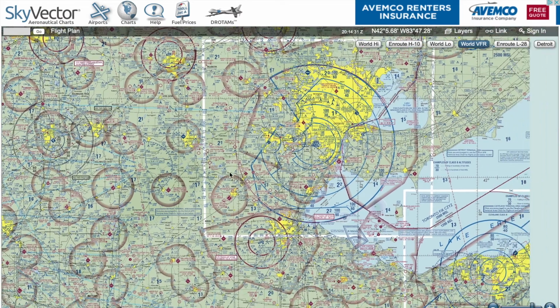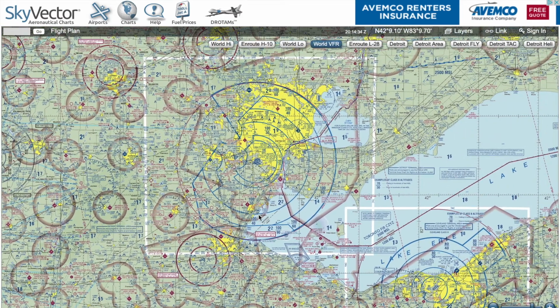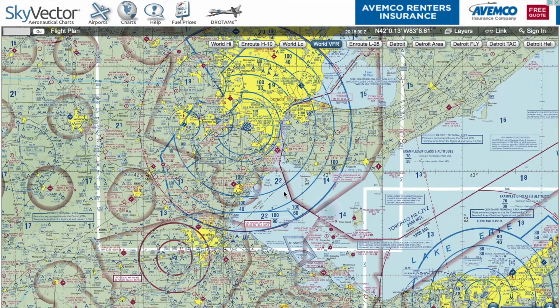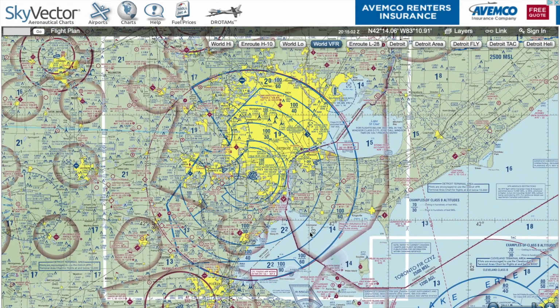So let me scroll down here just a little bit. We're going to run through the airspace real quick, going through the letters again. So where is Class A airspace? It's above 18,000 feet, 18,000 to 60,000. So we don't have to worry about it. We can't fly there. We can't even get authorization to fly there. Going down the list, now we go to Class B airspace, and B for busy or big airports. So if we look at Detroit, I'll zoom in here just a little bit. This is the Class B airspace. It is these blue lines